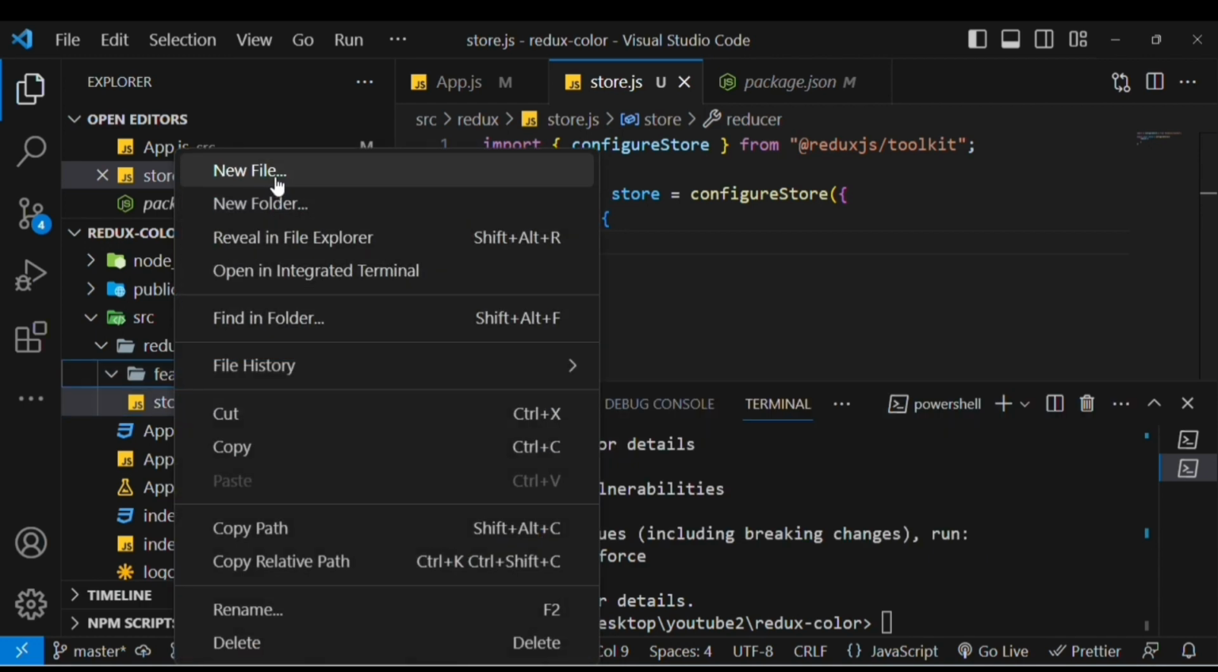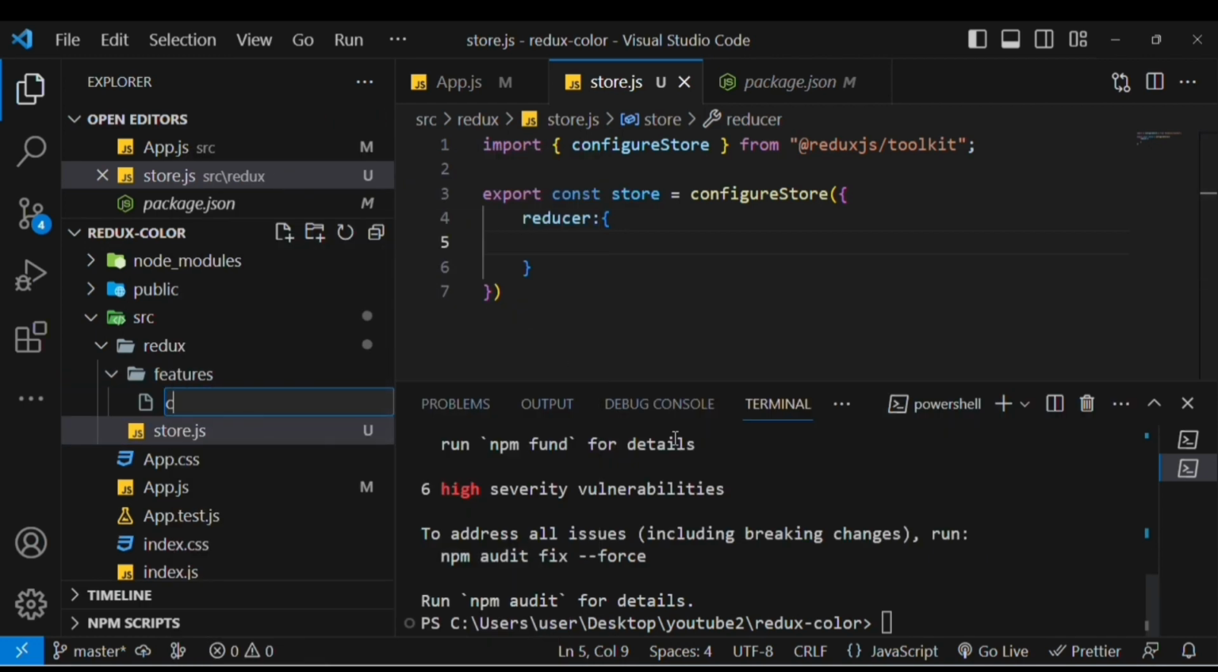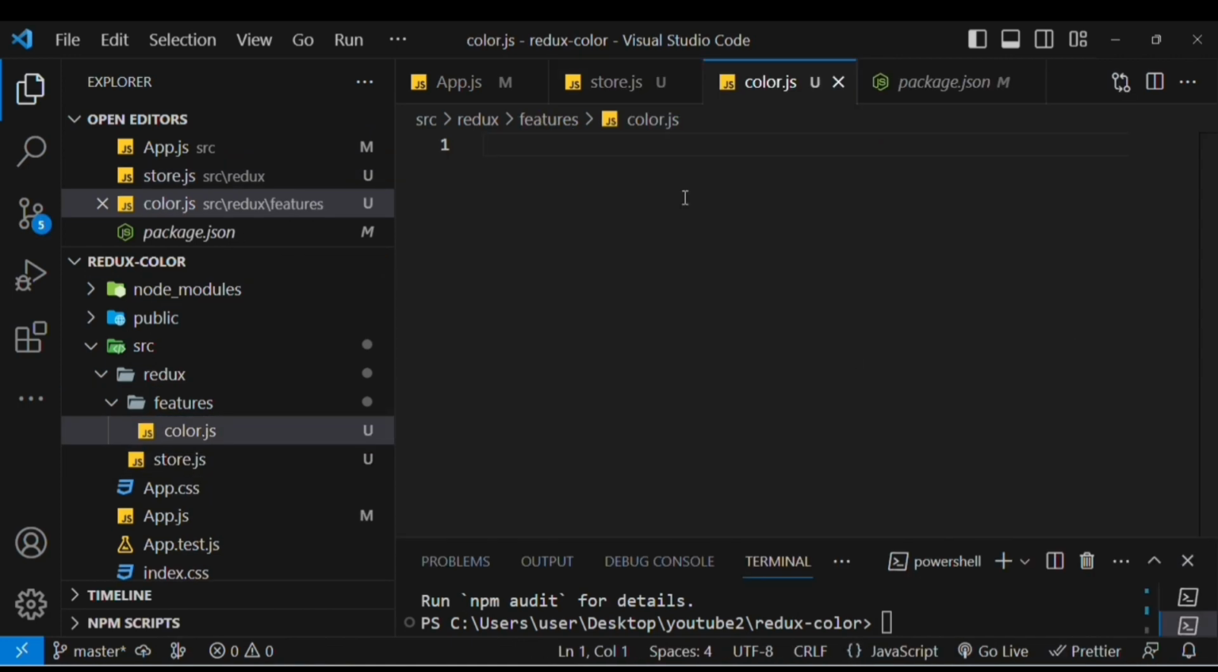Let's go to our features folder and make a file with the name color.js. In this file, we are going to make a slice. A slice is nothing but a place where you can save your initial states and make functions to update that state. It's the same as setState that we use in useState, but the catch is there is a little bit of boilerplate that we need to follow, and once we follow that boilerplate, we can easily create our